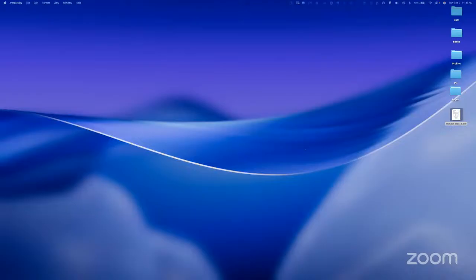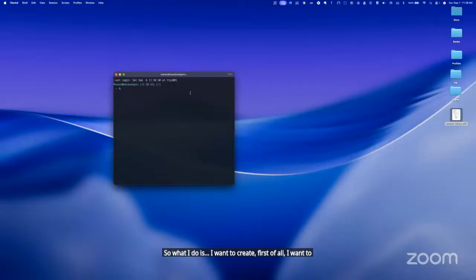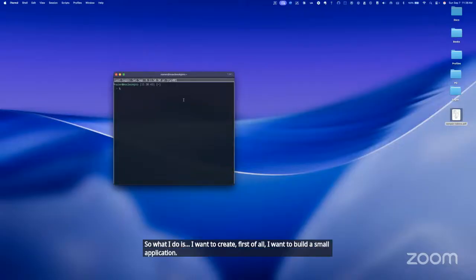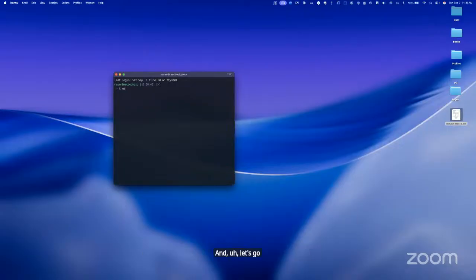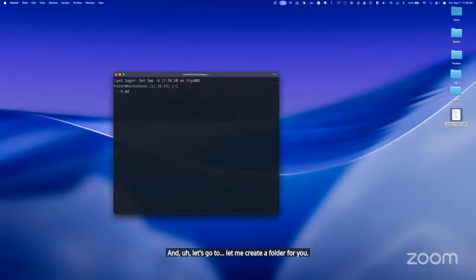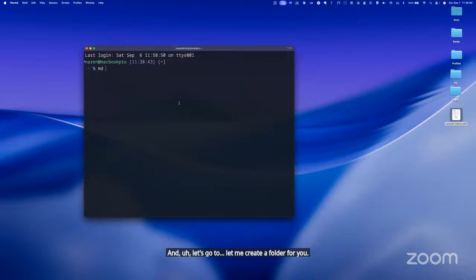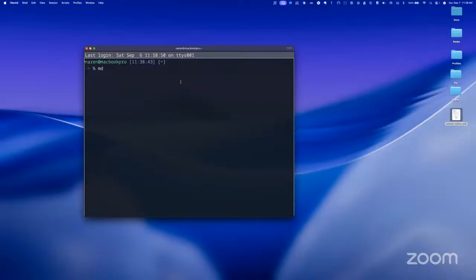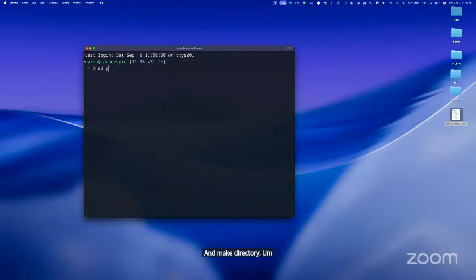Yeah. So what I do is, first of all, I want to build a small application. Let me go and create a folder for you. MD, make directory. Its name is pay later. Okay, so pay later is the folder